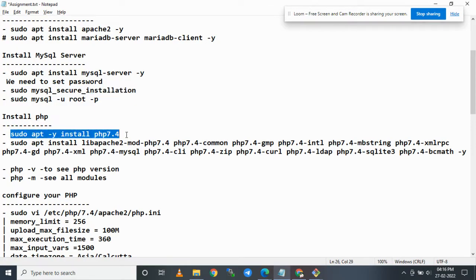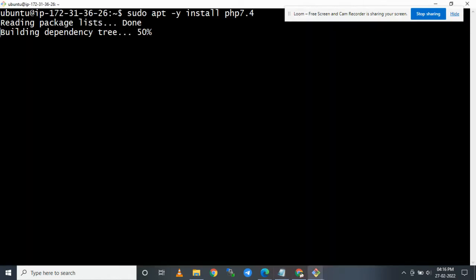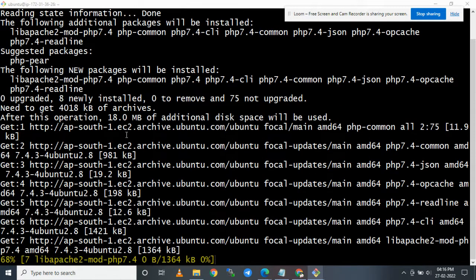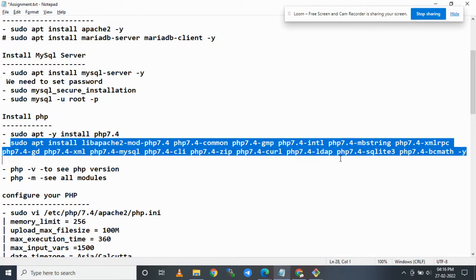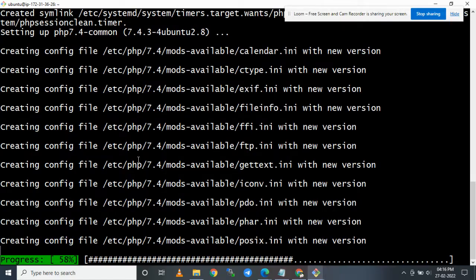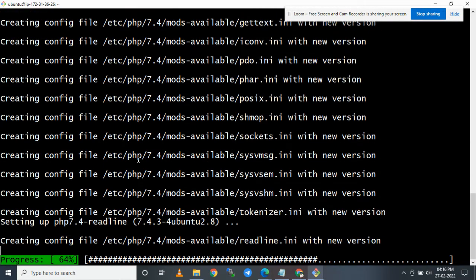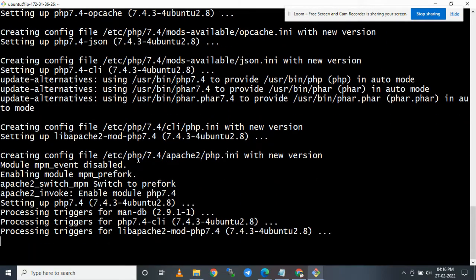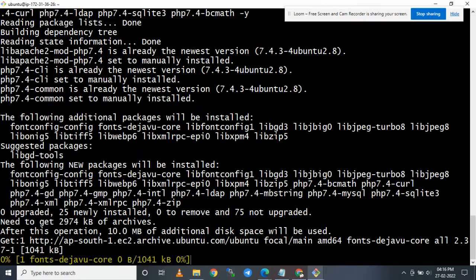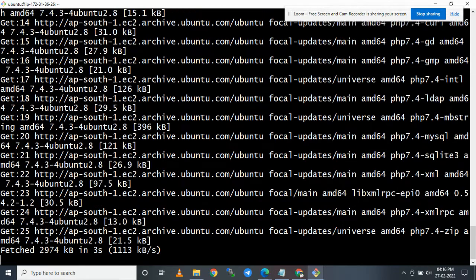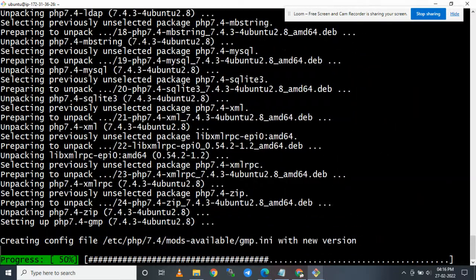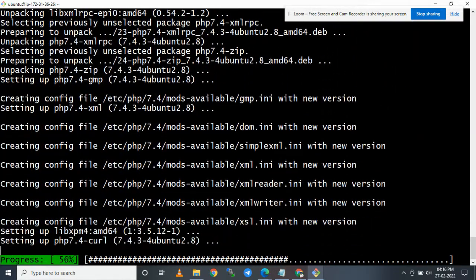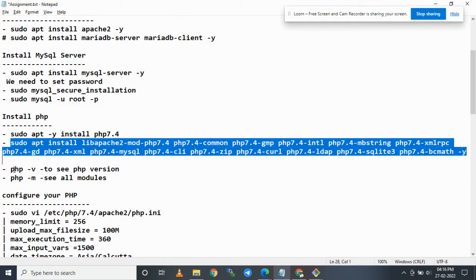Next, install PHP. Downloading the packages.